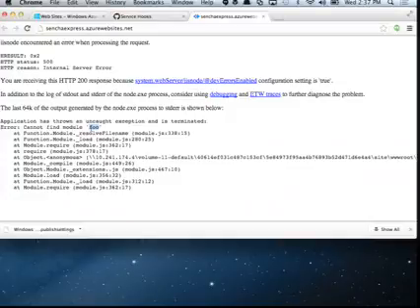So it's just very useful while you're developing. I wouldn't leave this on, obviously, in production. But while you're developing or on your staging server, it just helps you to see exactly